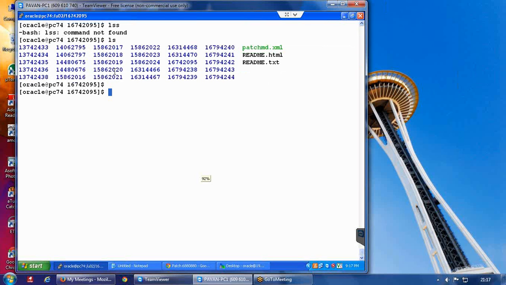in a single shot. So the command to apply this particular patch is this one, whatever I am typing on the screen.